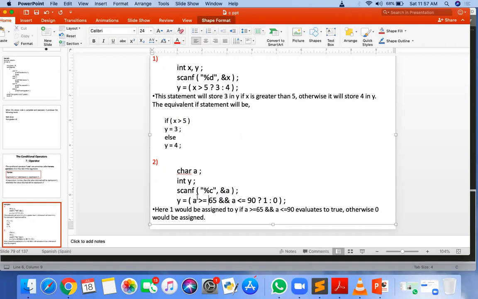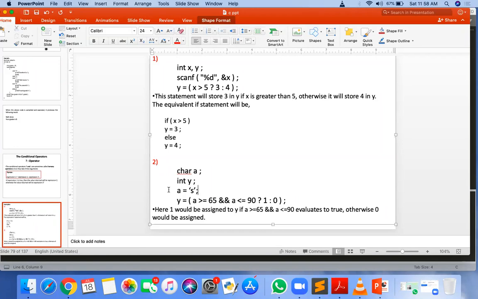Okay, so check it here. Suppose instead of scanf I'm giving here A is equal to small s. If A is small s, now what is small s? What is the ASCII value of small s?